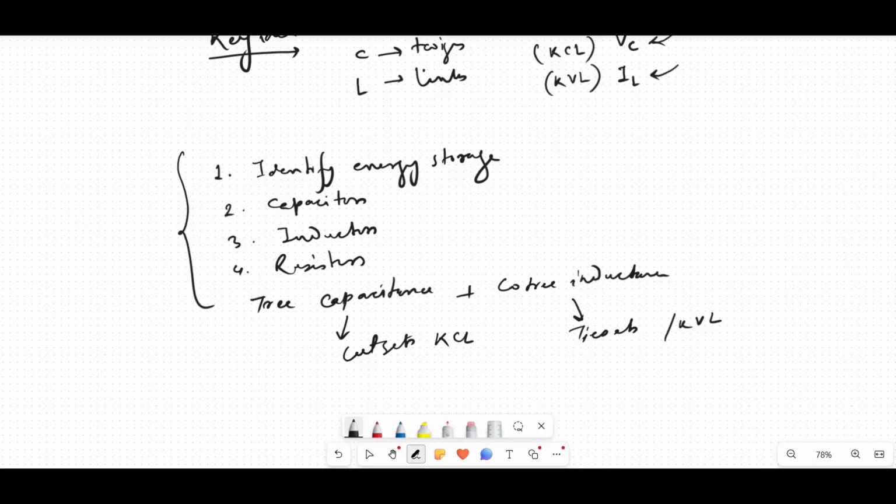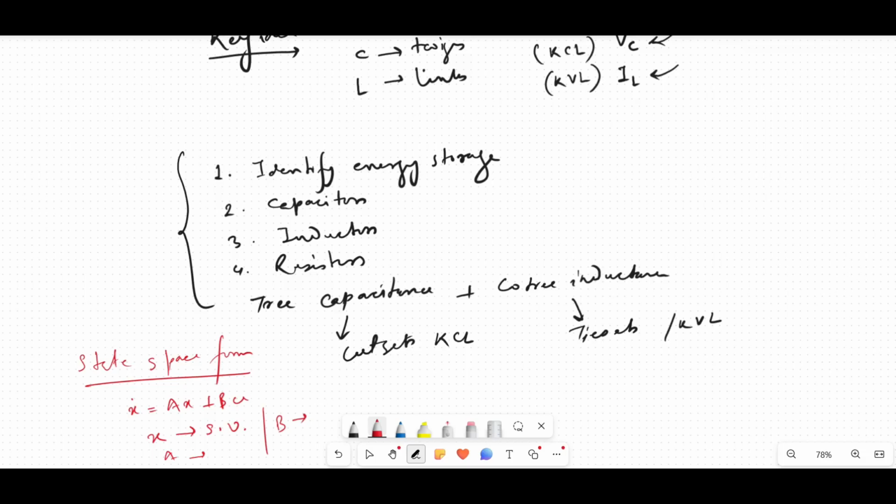Once the state variables are selected, we write down the equation in the standard state space form, which is given by ẋ = Ax + Bu, where x is the state variables, A is the system matrix and B is the input matrix. In circuit terms, we use KCL, cut-set equations, and KVL for tie-set equations,